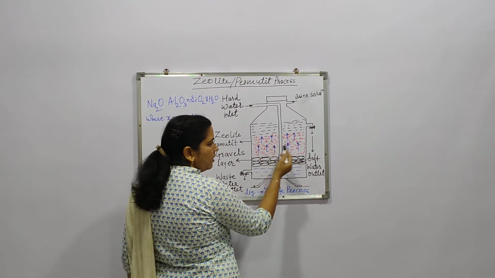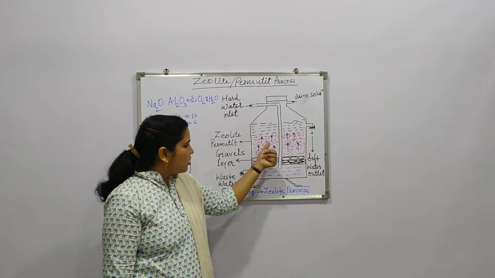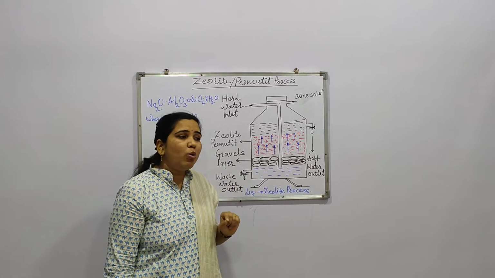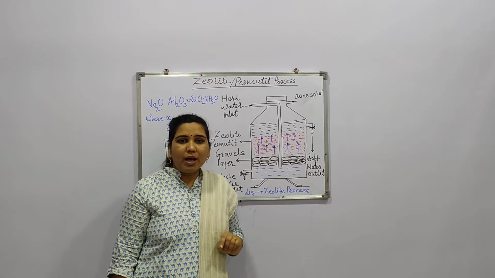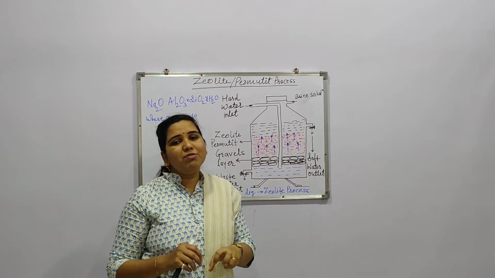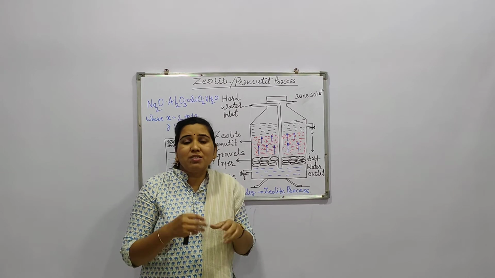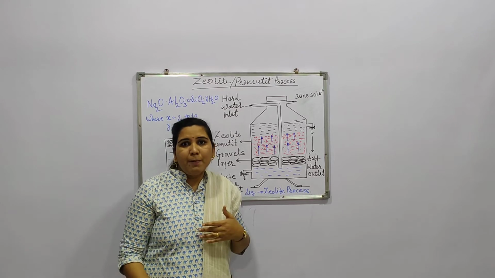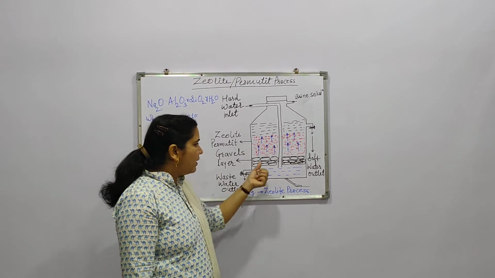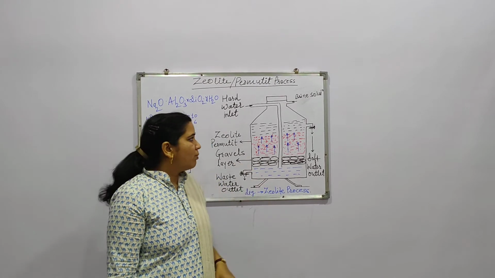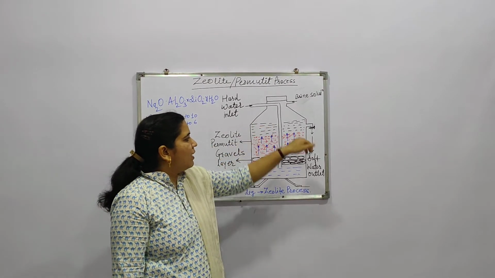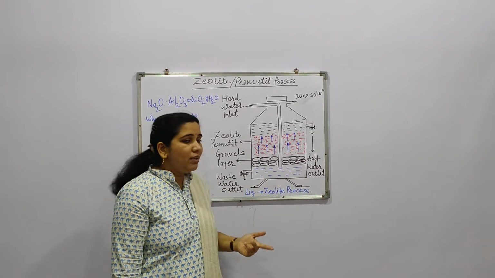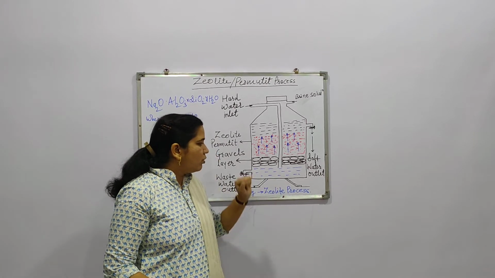Here there is the zeolite at the central portion. Just below that there is a gravel layer. Gravel means large size stones. These are there for the purpose of filtration, so that the visible impurities present in the water are removed first, before passing through the zeolite process. That's why this layer of gravel is used. Above this there is a layer of water, which is clean water with all the impurities removed by zeolite. Here you can also see the water.